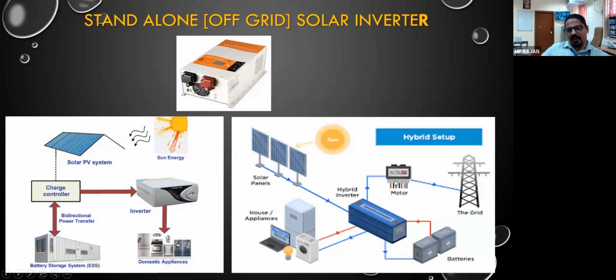AC to DC conversion is also required. So बाहर से जो supply आ रहा, that is AC, that is converted into DC. Okay, so that DC is given again for charging the battery. So battery is getting charged either from the solar panel or from the external source through a charge controller, whereas the charge controller is inbuilt in the inverter. So this inverter is called hybrid inverter. The system is called hybrid standalone solar inverter. Okay.